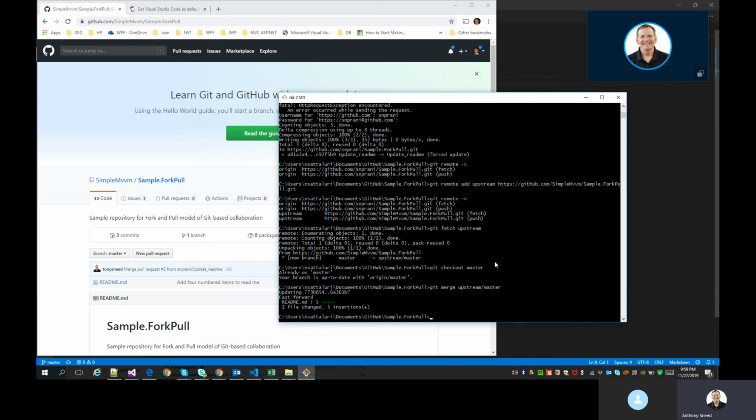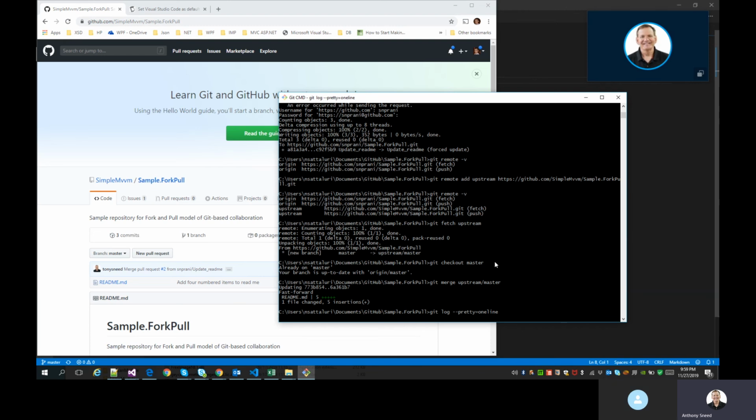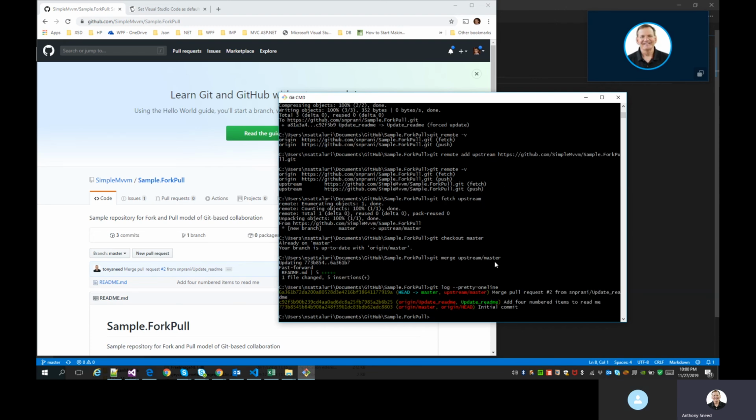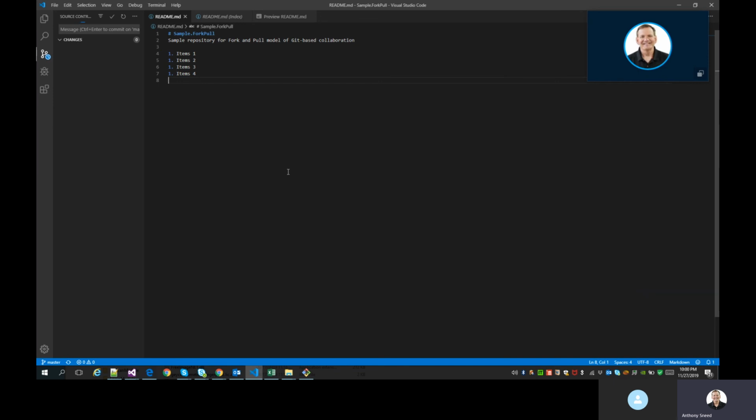Now you type git log --pretty=oneline. And you will see on the master branch, now you have both commits. Isn't that nice? Now go back to Visual Studio Code and you should see the change. And there you are. The items are there now, even though you're in the master branch. Now you notice that you're now out of sync though